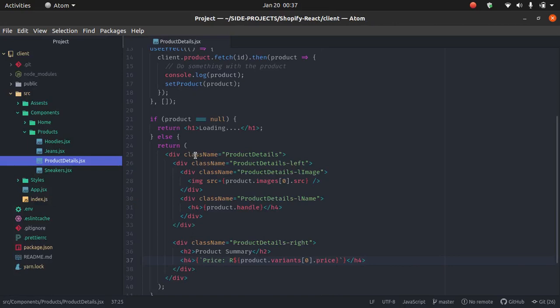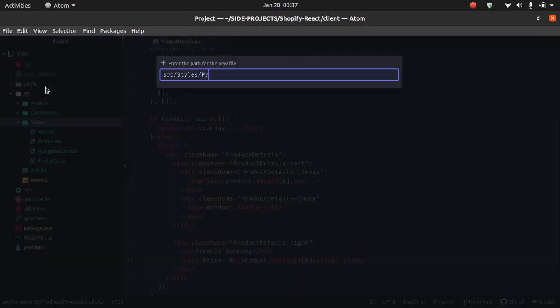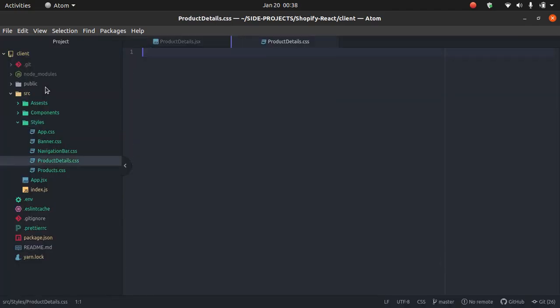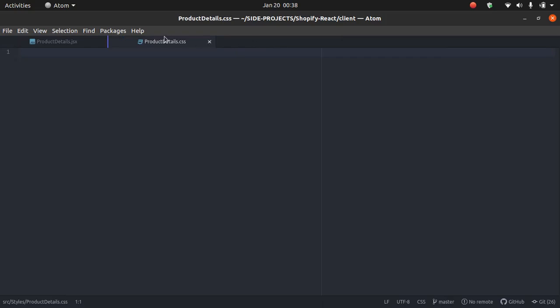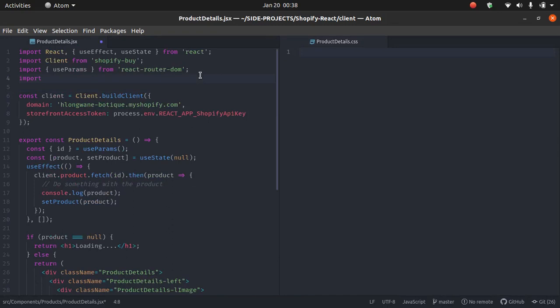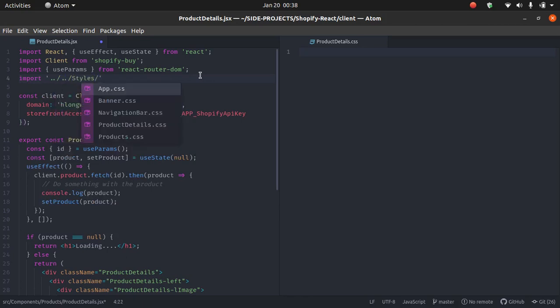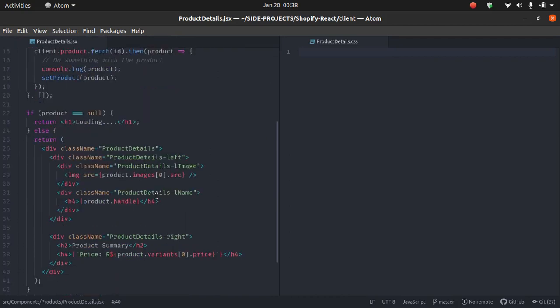So now let's make a style sheet for that. So let's come here. We create a style sheet, say product details.css, and then bring it here to the side, and then I import, go back, styles, and then product details. Right, now what do I want to do here? Here the parent, which is product details, this will display flex, and then justify content space between, align items